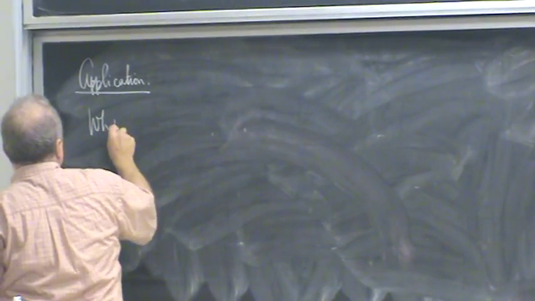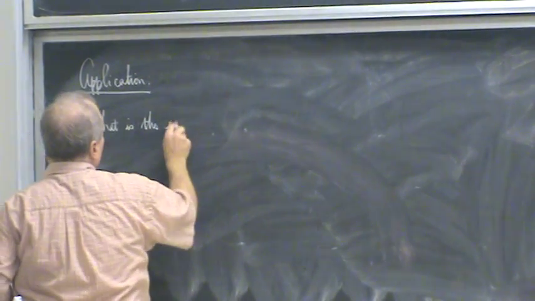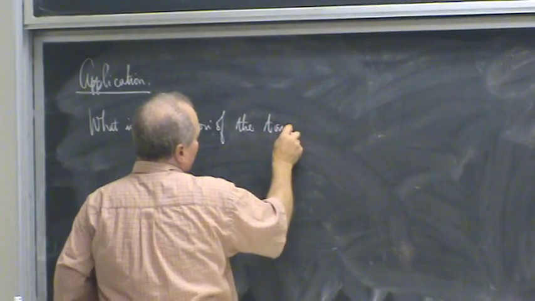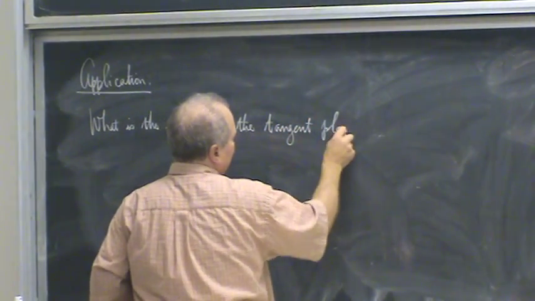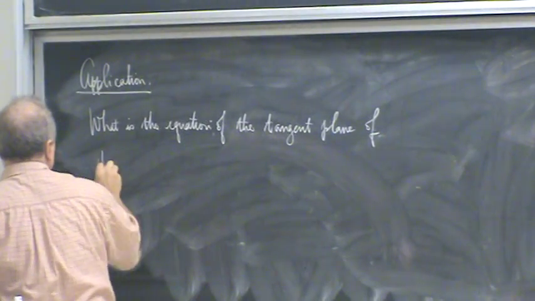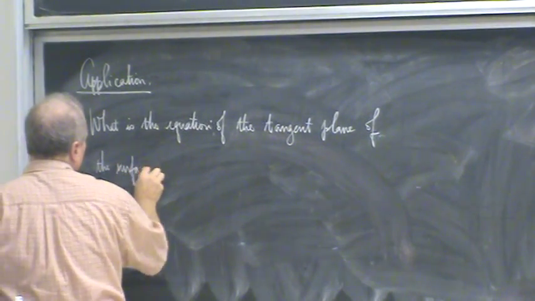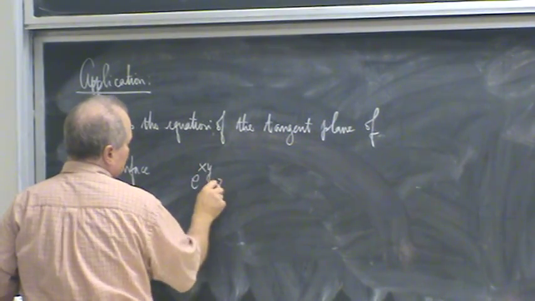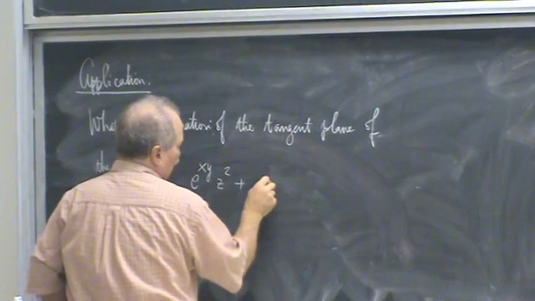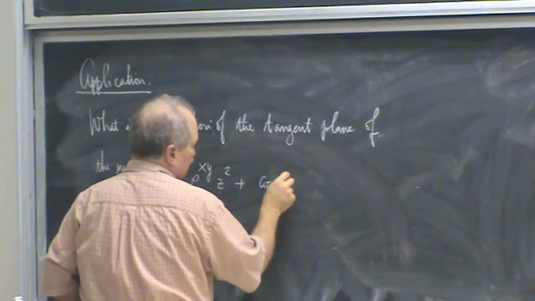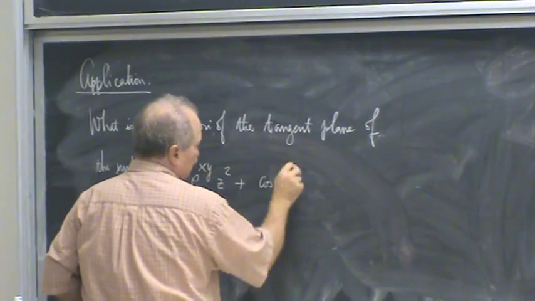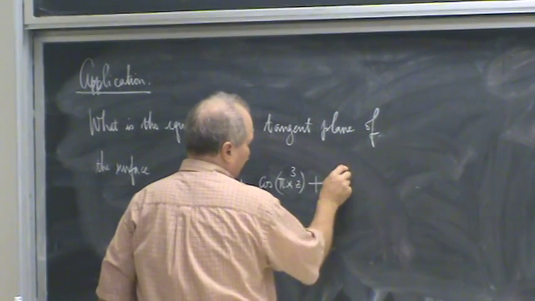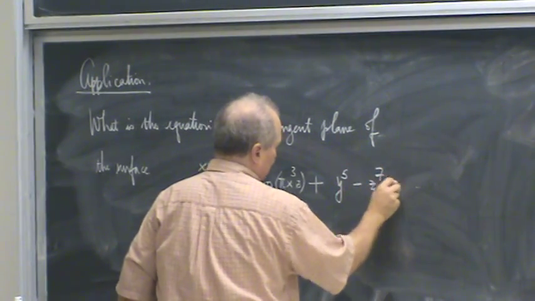What is the equation of the tangent plane of the surface e to the xy times z squared plus cosine of pi x cubed z plus y to the fifth minus e to the seventh equals